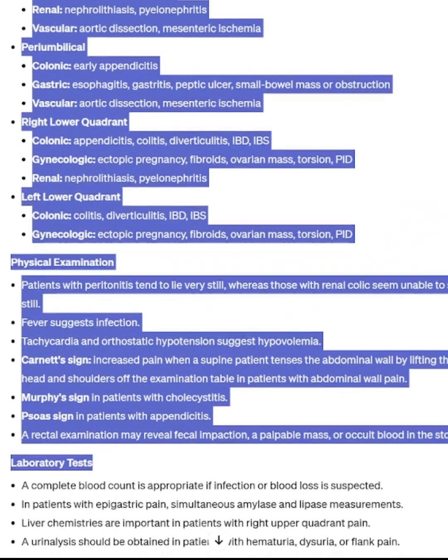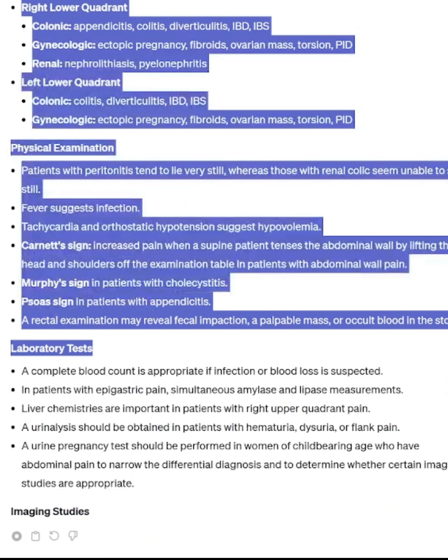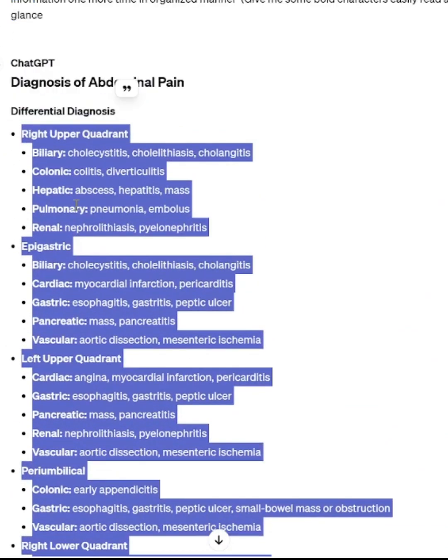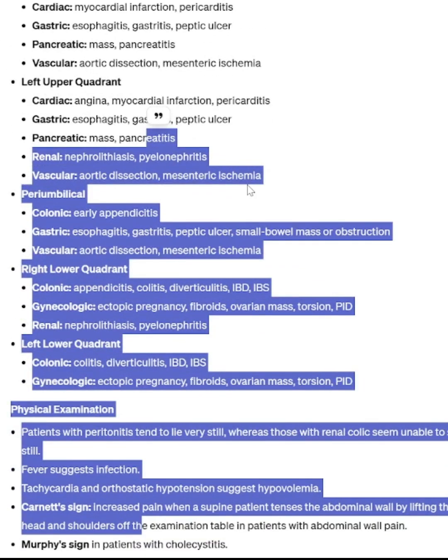Diagnosis of abdominal pain. Differential diagnosis: right upper quadrant, biliary, cholecystitis, cholelithiasis, cholangitis, colonic, colitis, diverticulitis, hepatic, abscess, hepatitis, mass, pulmonary, pneumonia, embolus, renal, nephrolithiasis, pyelonephritis, epigastric, biliary, cholecystitis, cholelithiasis, cholangitis, cardiac, myocardial infarction, pericarditis, gastric, esophagitis, gastritis, peptic ulcer, pancreatic, mass, pancreatitis, vascular, aortic dissection, mesenteric ischemia, left upper quadrant, cardiac, angina, myocardial infarction, pericarditis, gastric, esophagitis, gastritis, peptic